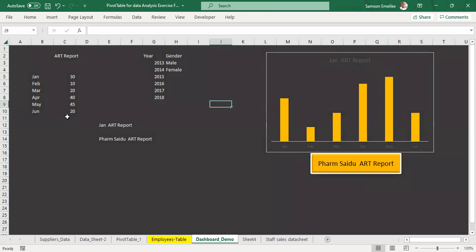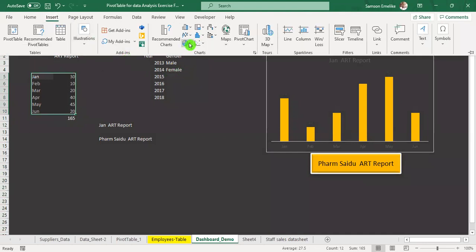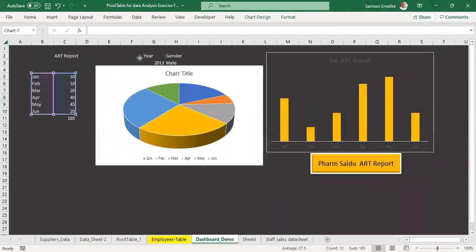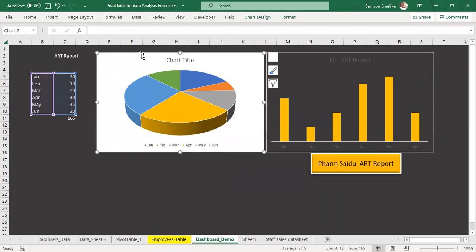So assuming I want to get a total here, let me insert a pie chart, okay? So I can place it here if this is what I want. So I can click here,